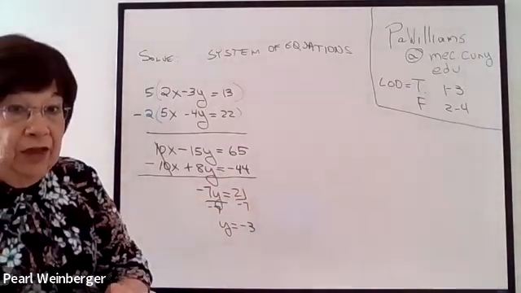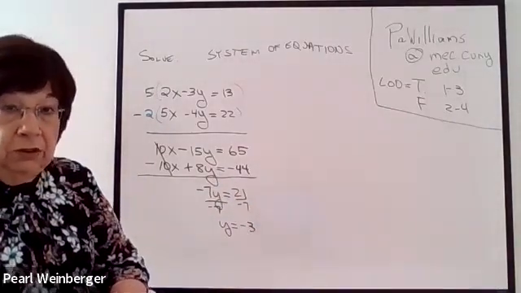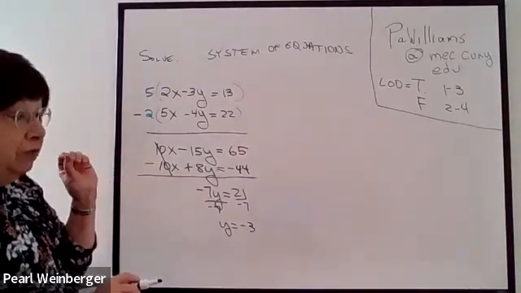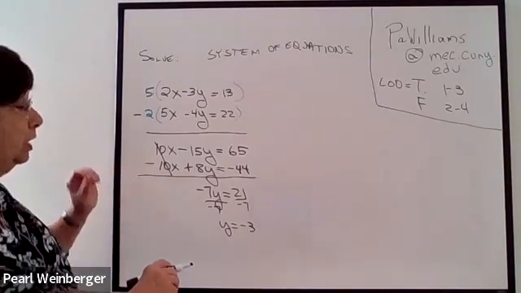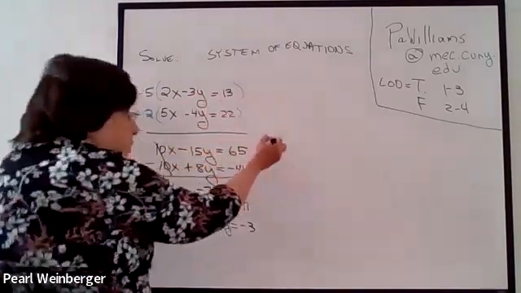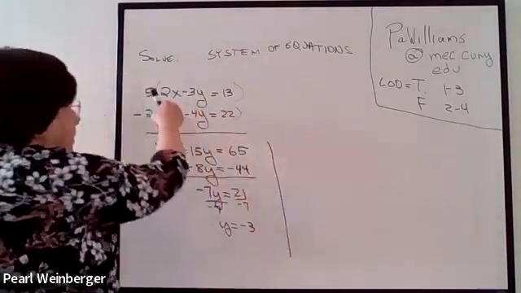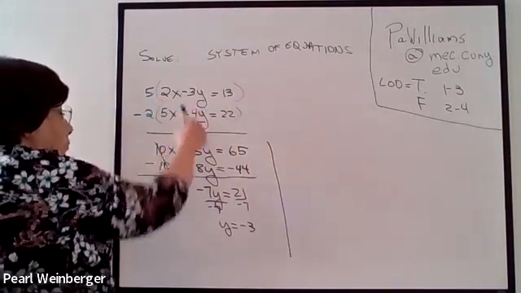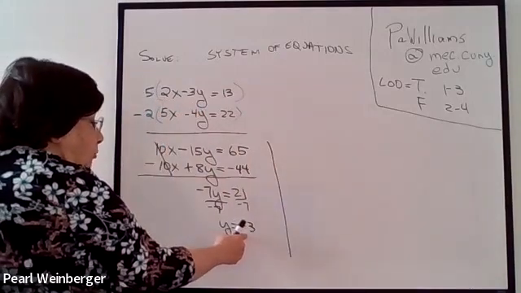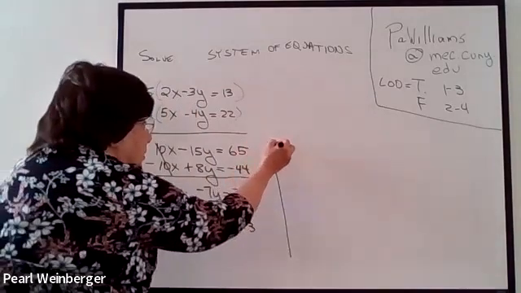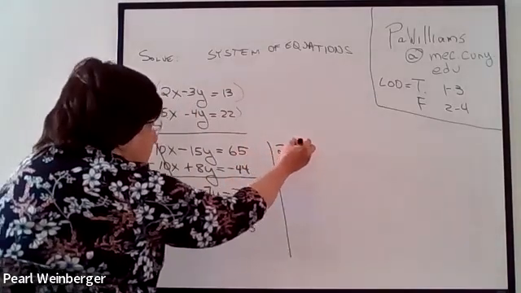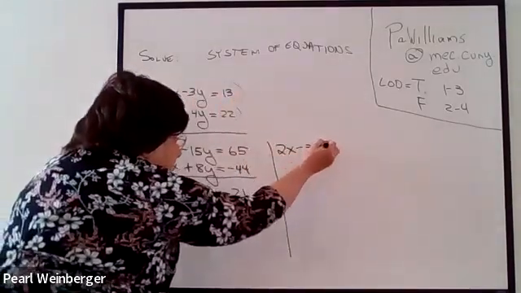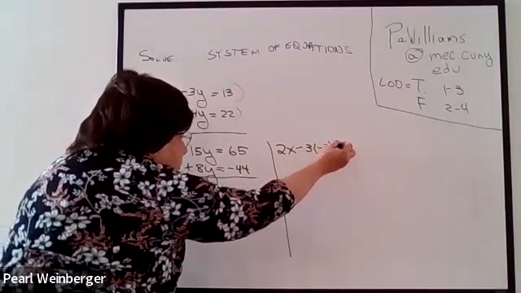So I have now found the value of one of the variables. I now have to find the other variable, because the solution is when I have both answers, the x value and the y value. So going over here, I can take either one of these original equations. I'll take the first one and replace the y. I now know what y is. It's -3. So I'll do 2x minus 3, and in place of the y, I'm putting -3, equals 13,